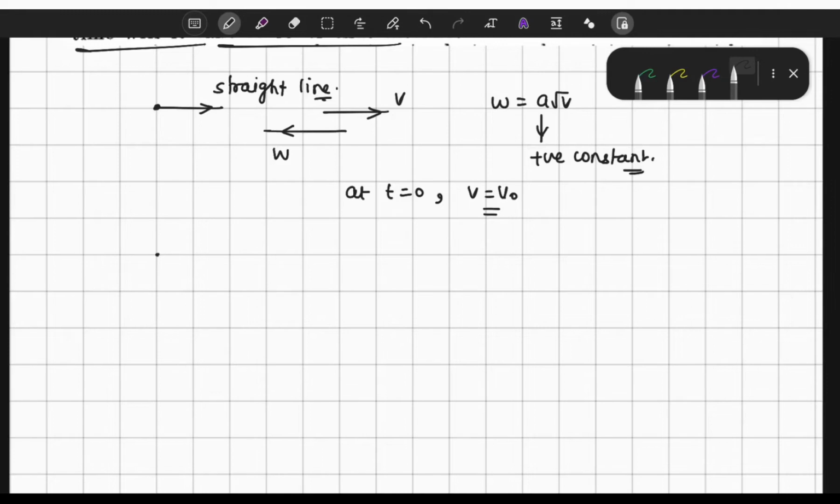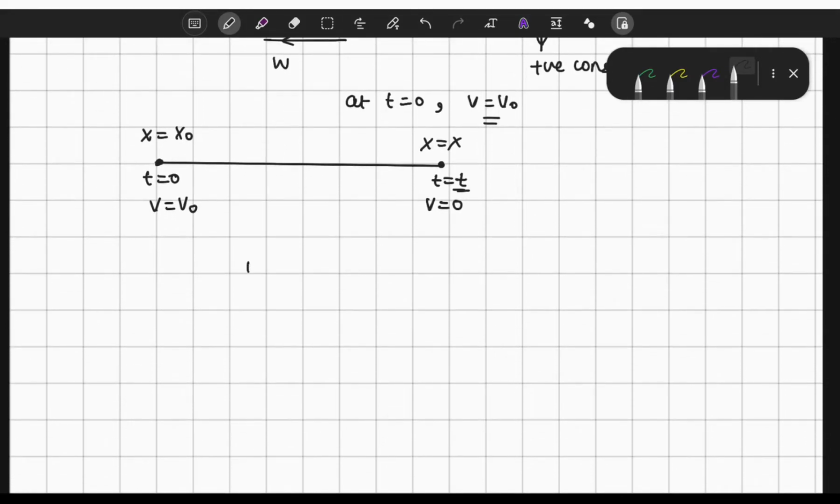Let us assume that at t = 0, the particle was at x = x naught, and at the time instant t, the particle has reached x = x, and at this particular time instant velocity is equal to 0. So basically it is stopping at this time instant, and at t = 0 the velocity was v naught. Okay, so the acceleration, that we are denoting as w, we can write as minus dv upon dt